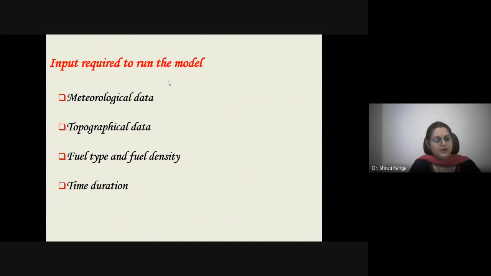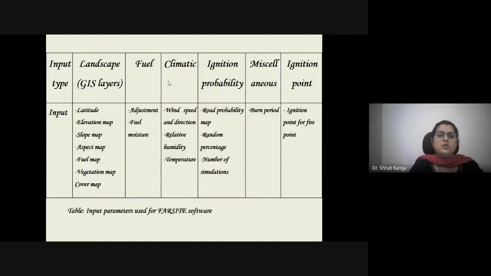We have fixed it at 2 or 3 days, because in hilly areas, due to the tough terrain, human accessibility to different areas is very low. So we have fixed a maximum of 3 days of fire incidents. These are the input types, where we have the landscape